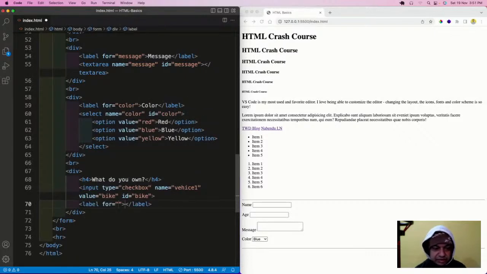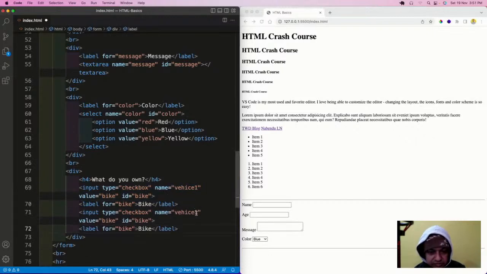So for the label I will give bike, and then I will come here and give another checkbox, vehicle 2, and this is car.